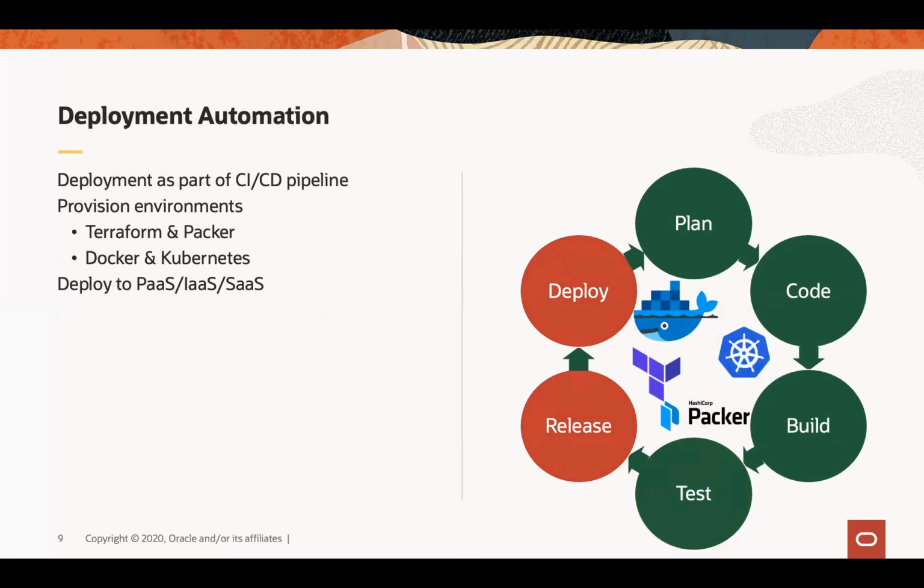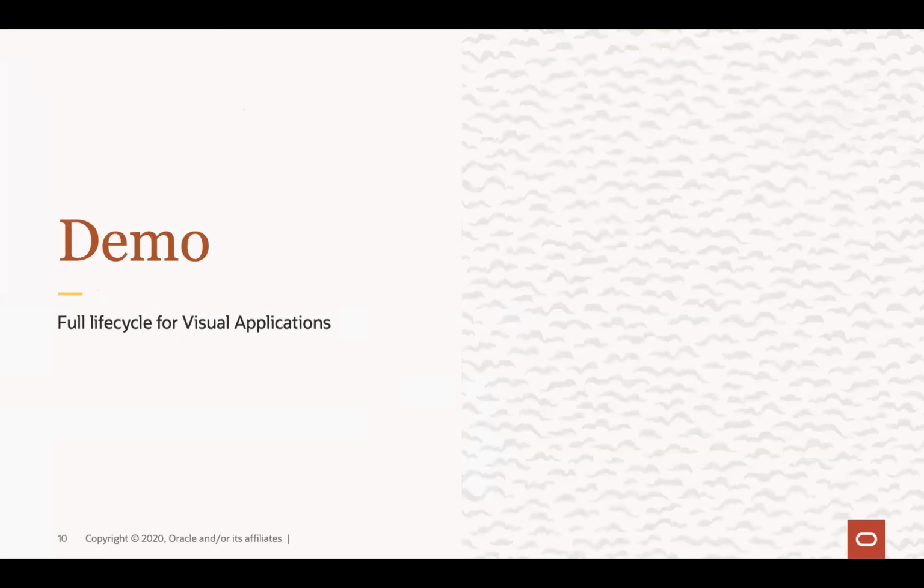Then we go into the release and deployment. And again, we can deploy into various locations, whether it's taking your Java code and putting it in a WebLogic instance, or taking your SQL script and deploying it to a database, or deploying your SOA processes, or just deploying Docker images or functions or anything else into the Oracle Cloud, all as part of a pipeline. And I'm going to show you how to do it as part of the demo, which is what we're doing next.